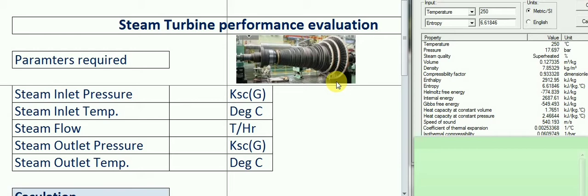Normally for the steam turbine, we can easily analyze the efficiency with the help of isentropic efficiency. Isentropic efficiency is nothing but the ideal condition: how much we can extract from the steam as mechanical energy. By this isentropic efficiency, we can calculate the deviation. The ideal case is called 100% efficient, and what we are running right now has some efficiency. So we are comparing with the ideal stage, basically, that's it.